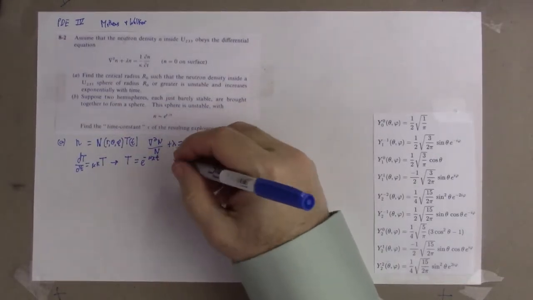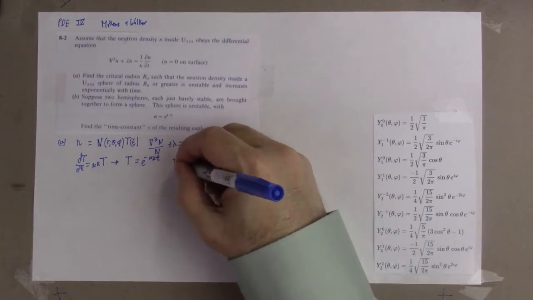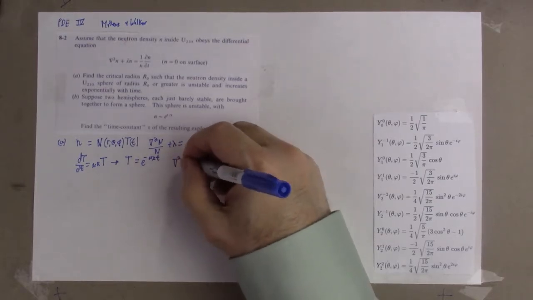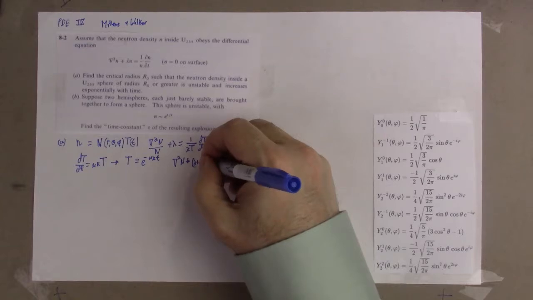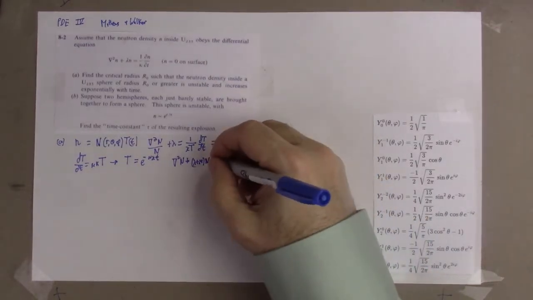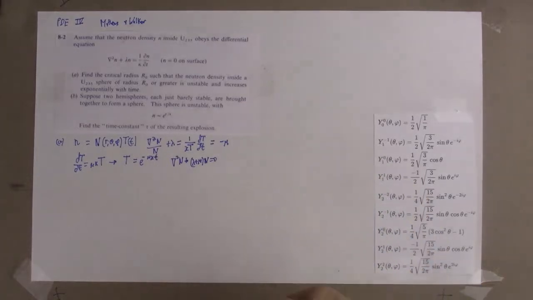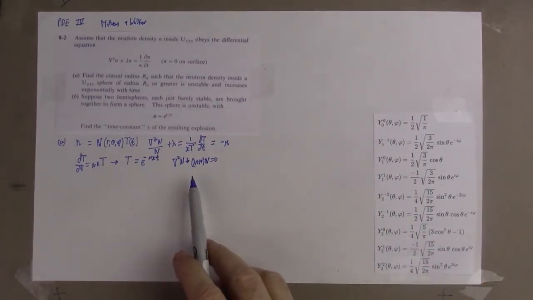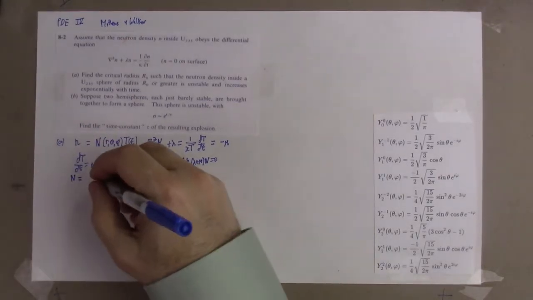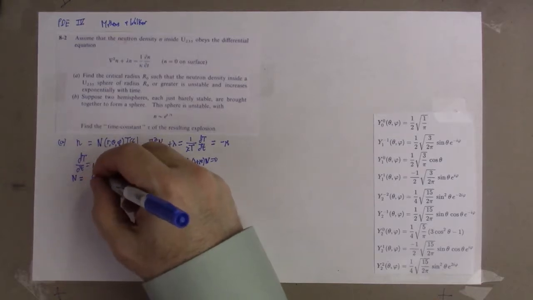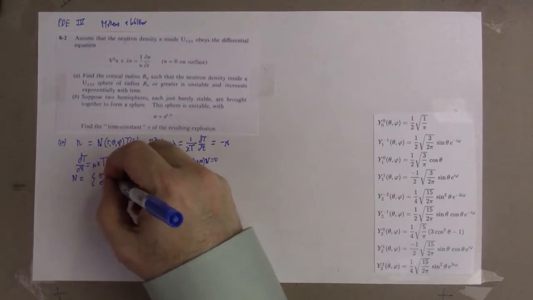The other equation now becomes del squared N plus (lambda plus mu) N is equal to 0. And this is our Helmholtz equation, which we've solved and we've separated. And we know the solution to the Helmholtz equation is N equal to a product of linear combinations of e to the i m phi, e to the minus i m phi,